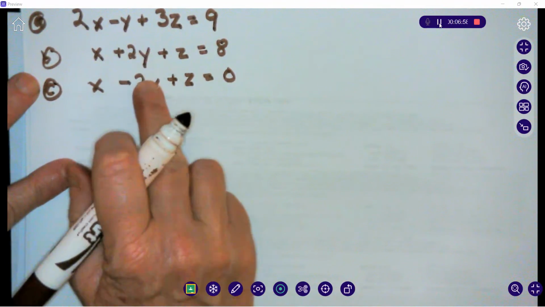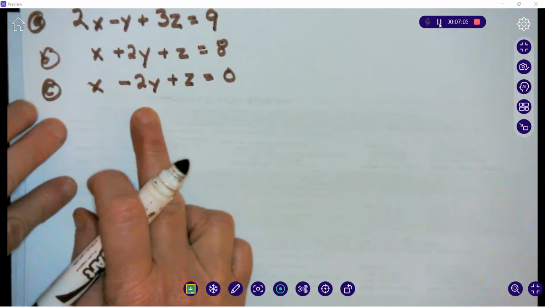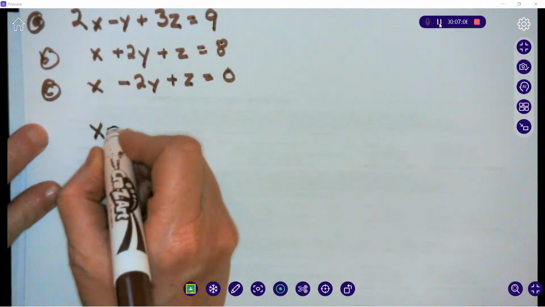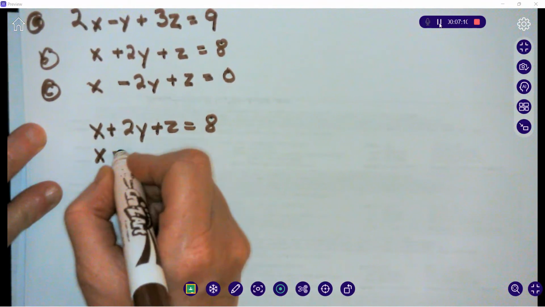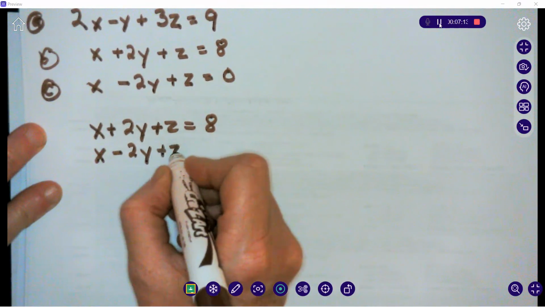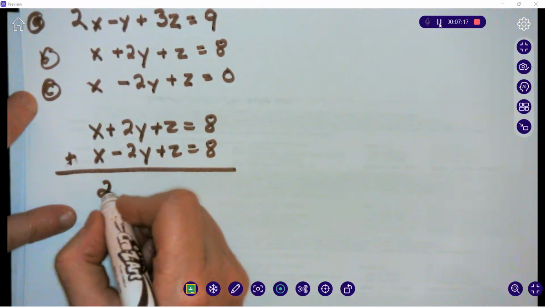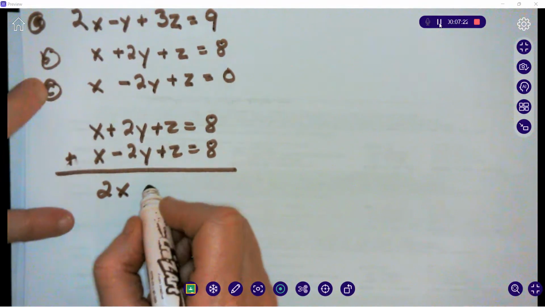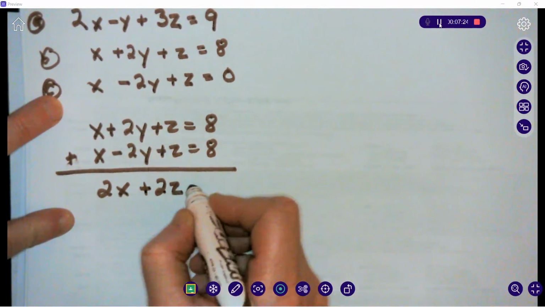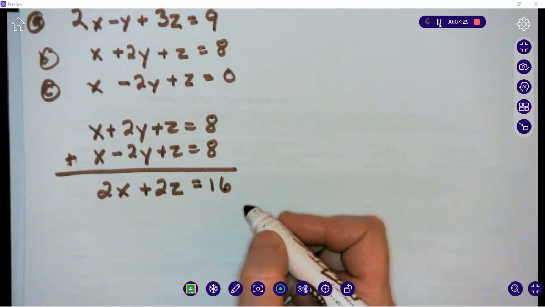We're going to start off with a simple one because here, this 2y and this 2y, you can see will eliminate each other. So if we take equation B and equation C, and we're going to add those two together. x plus x equals 2x, 2y minus 2y equals 0, z plus z equals 2z. So we have 2x plus 2z, and 8 plus 8 equals 16. So we have 2x plus 2z equals,